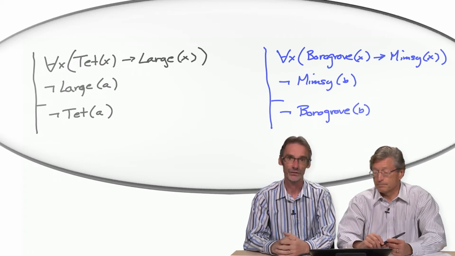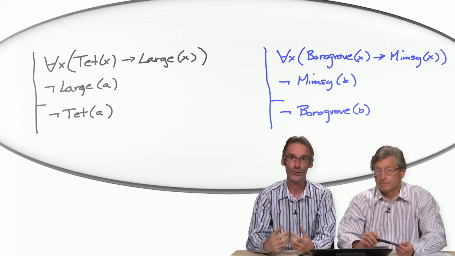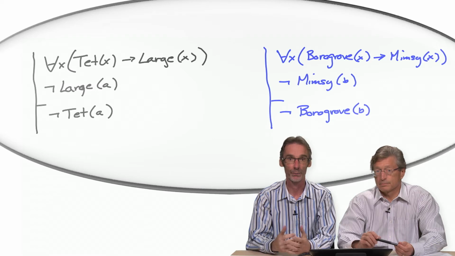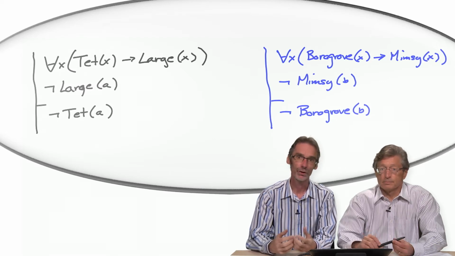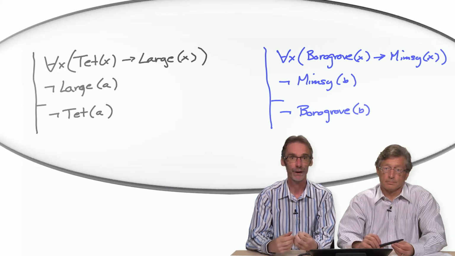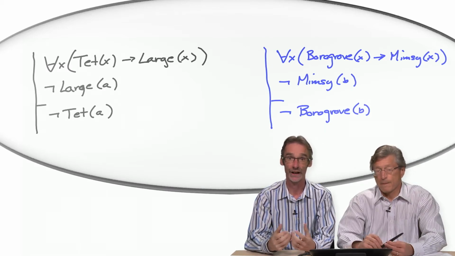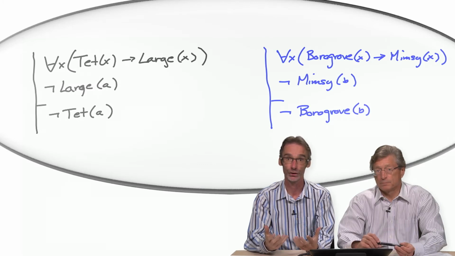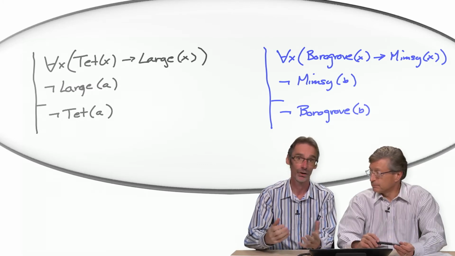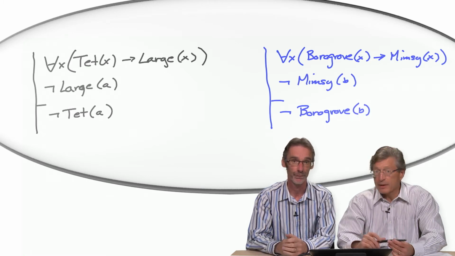Let's turn to the question of counterexamples now. Recall that to show that a sentence was not a tautological consequence of some premises, all we had to do was find an assignment of truth values to the atomic formulae which make the premises true but the conclusion false. That situation is a counterexample to the claim that the conclusion is true whenever the premises are, on the basis of the propositional connectives. I remember that.